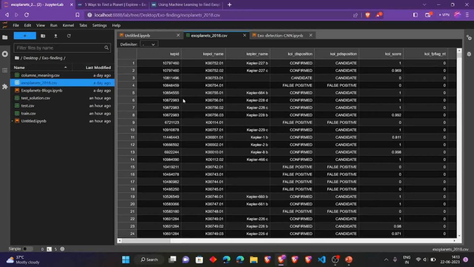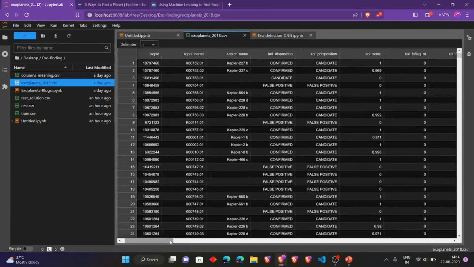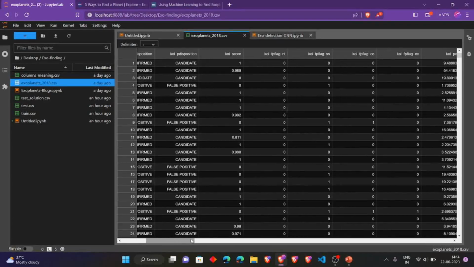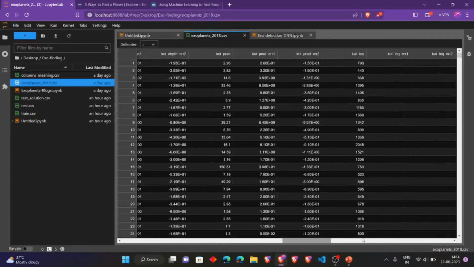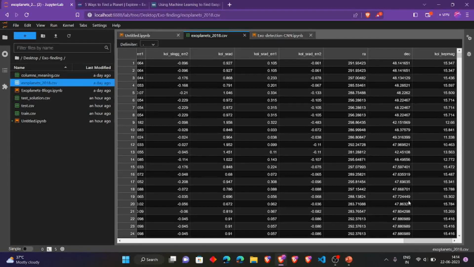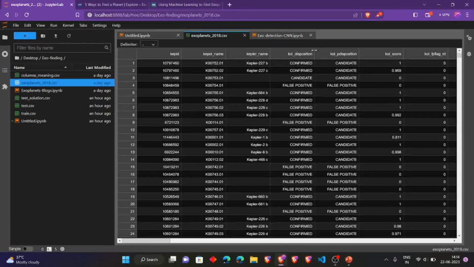So we have our data. This data is from the Kepler telescope. It has some parameters or features like name, disposition, score, orbital period, and so there are so many features, and it contains the information regarding whether